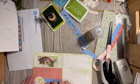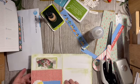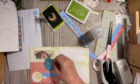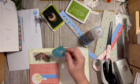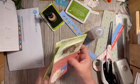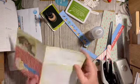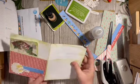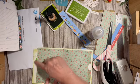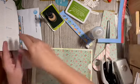The ticket was actually from one of the mini challenges in the challenge where I got an extra item. So I'm going to have this little pocket down here that I'm going to be able to put something in. So that is a one-page idea. Okay, we have a place to put something here, and we're leaving this place to put something here. Okay, so now over here we still have this edge, and so one of the things I'm really trying to do is use the branding strips